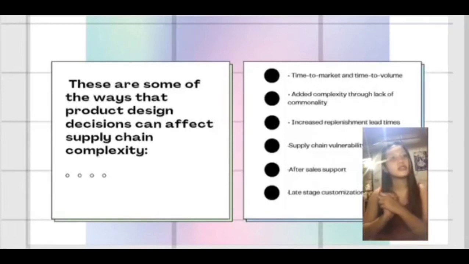And then the next one is supply chain vulnerability. Design decisions may involve unreliable supply sources, which could increase the chance of supply chain disruption. And then the next one is after-sales support. For products requiring after-sales support, the service parts design will have an impact, and the product will have